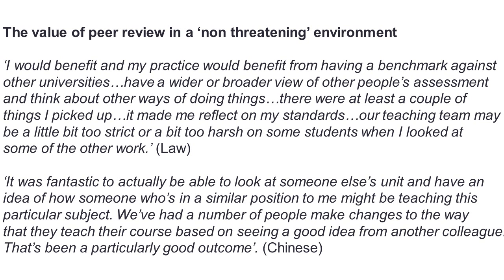Some further quotes from a law academic, that they would benefit, and the practice would benefit from having a benchmark against other universities. And it was good for academics to actually see what other people were doing and how they were approaching their courses and how they were approaching their assessment. The law academic's quote goes on to say that it made me reflect on my standards. Our teaching team may be a little bit too strict or a bit too harsh when I looked at some